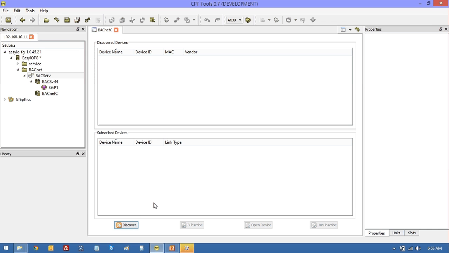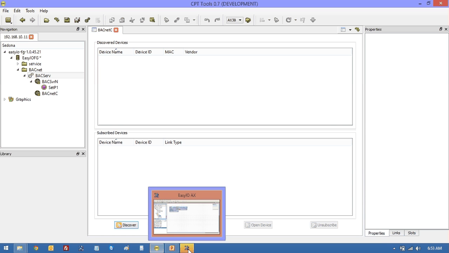Make sure, if they're on the MSTP, all the baud rates are the same. You'll notice when you do a discover here, it will bring it up and it doesn't mind whether it's IP or MSTP, it will just link them all up and it will say link type here. And on MSTP, when you actually bring in the device, just by hitting the subscribe button here, or you can just drag it down, make sure that the link type is set to MSTP or IP. There is a property for that. So have fun. I'm going to show you a separate video in a moment